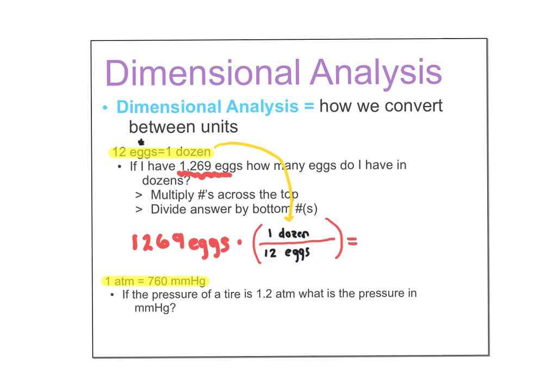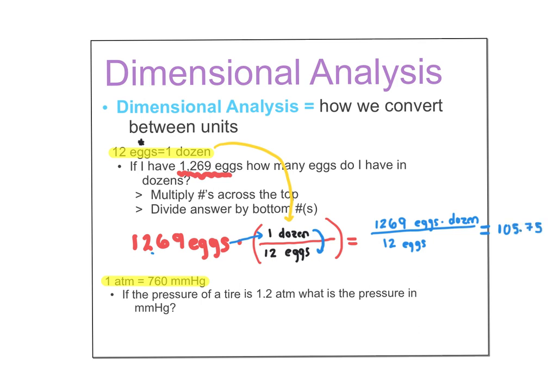So this is a multiplication. I am multiplying this number by this fraction. Here's a tip. In your calculator, if you multiply across the top, which this number here is considered the top, so I'm going to say 1,269 times 1, and that just gives me 1,269, and now my unit is eggs times dozen, right? Because we multiplied across the top. And then we're going to divide that answer by what's on bottom. So I divide that by 12 eggs, and what you'll see is when I take in my calculator 1,269 divided by 12, I get